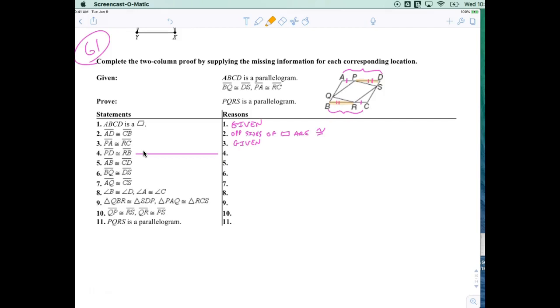I think we'd have to do some more. See, that's why sometimes I like to just write the proof myself. You with me? So if I, go ahead. It says triangle QBR equals SDP. Where does it say that? Number 9. Yeah. But then you have to use this triangle right here to find that. Maybe QBR is congruent to